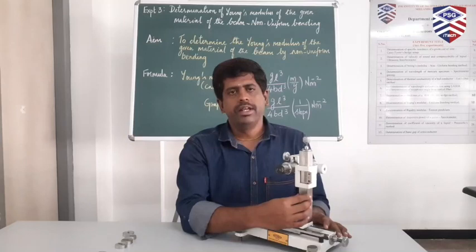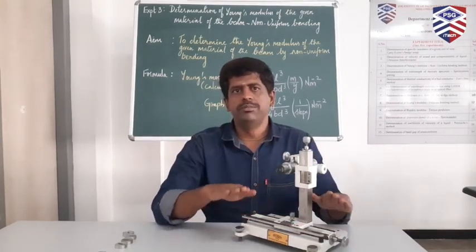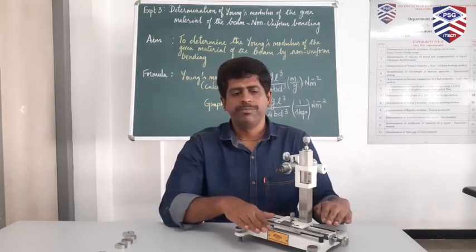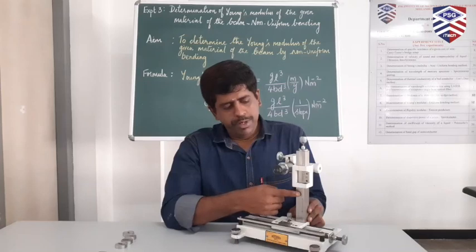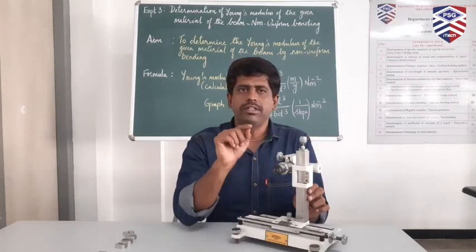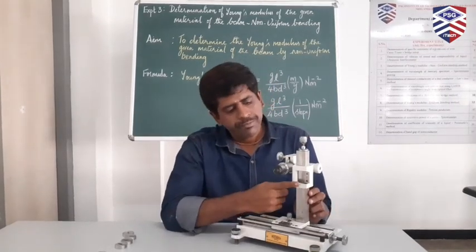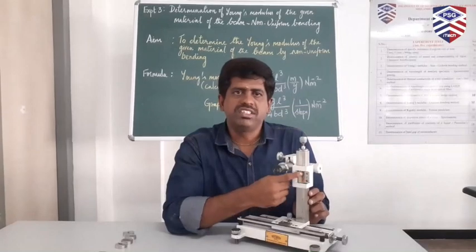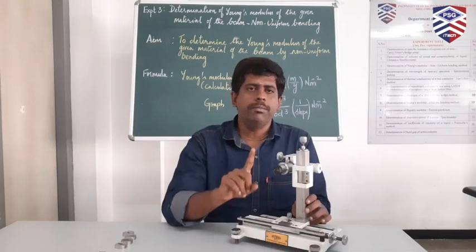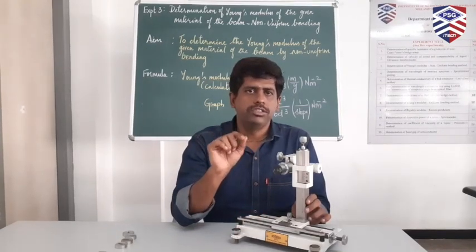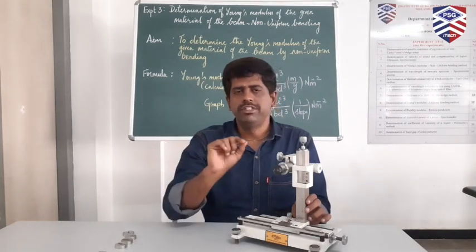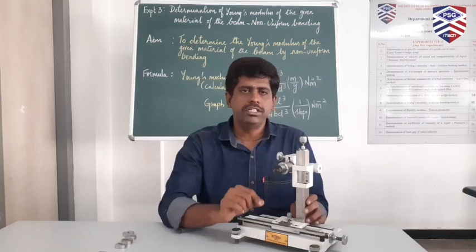The method of taking reading in the traveling microscope is exactly similar to that of a vernier calipers. The only difference is in the least count value. As mentioned, the value of one main scale division in the traveling microscope is 0.05 centimeter. The total number of vernier scale divisions here is 50. So the formula for least count is one main scale division, that is 0.05, divided by the total number of vernier scale divisions, which is 50. That gives me a least count value of